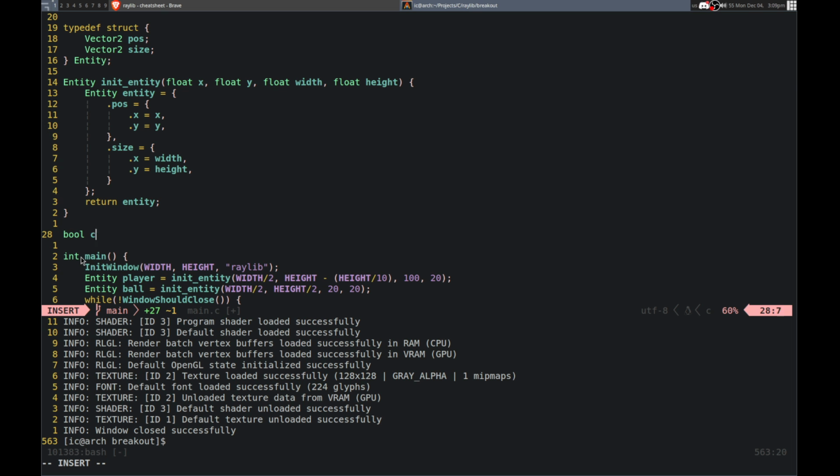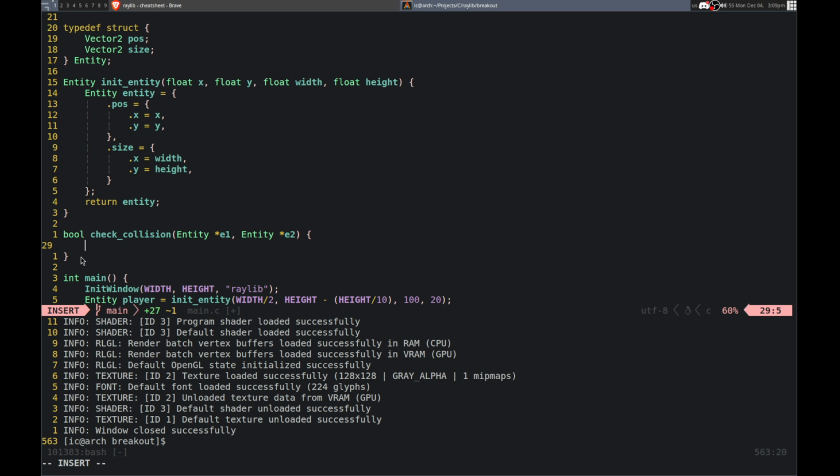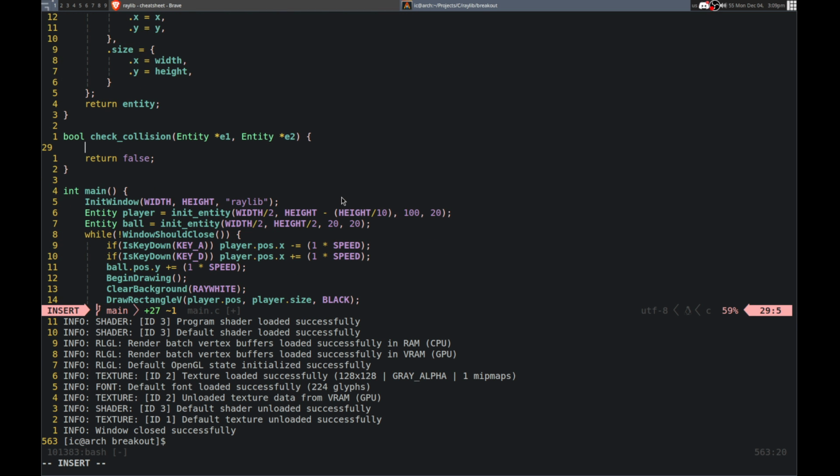So a bool, check collision. And yeah, we'll just take entity, probably a pointer to it. So E1, E2, whoops, E2, and then yeah, we'll just check the positions and see if they collide, and then if they do, then we'll just return true. So return false by default. And basically, if E1, let's see, I forget exactly, E1.pose.x greater than or equal to, yeah, I need to think about how it is, but basically,